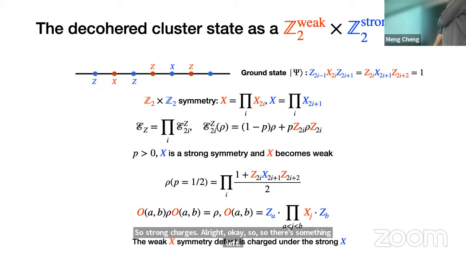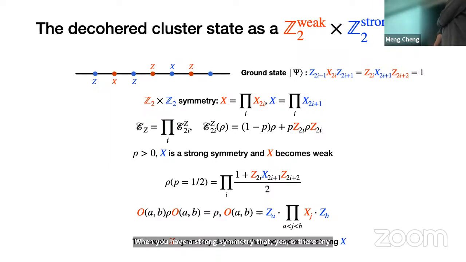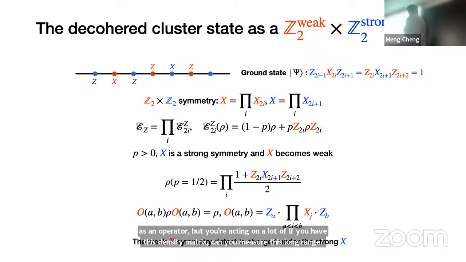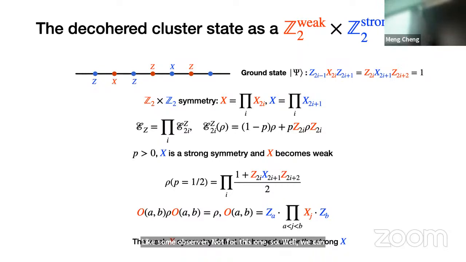Yeah, but is there any way of actually measuring the string order right here? Because what you've written, O is an operator, but you're acting on it from the left and from the right. So if you had this density matrix, can you measure this long range string order with some observable? Not for this one though. Well, we can in the same system. There's also a blue O, which is just switching blue and red. So the blue X and then the red Z on both sides. So that's also a string order in this system that we can measure. Right. Not for this one. For this one, you probably need to measure some sort of range too, but that's not physical. But for the strong one, you can measure.